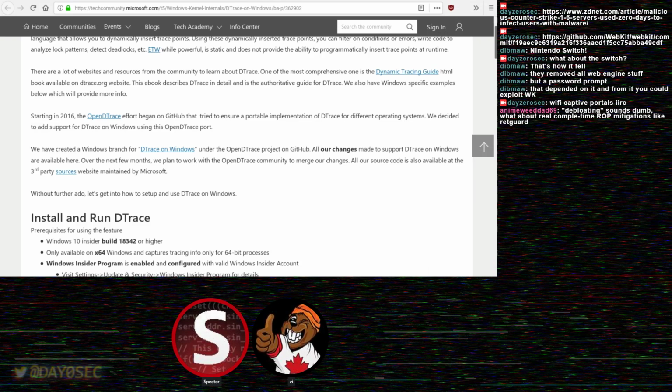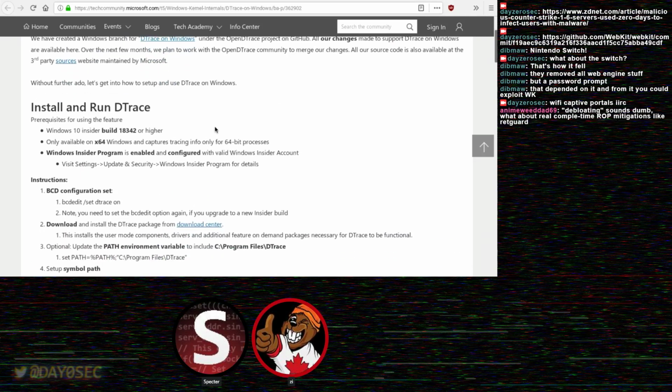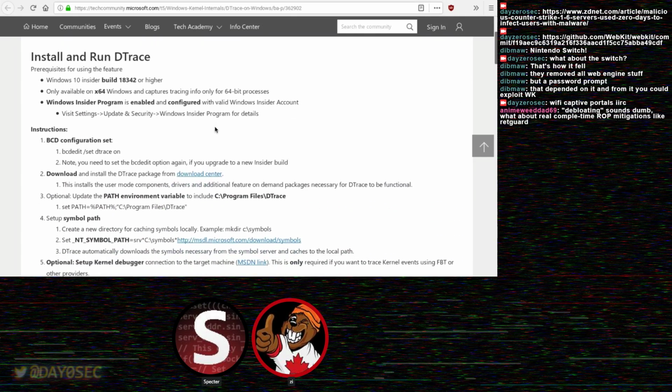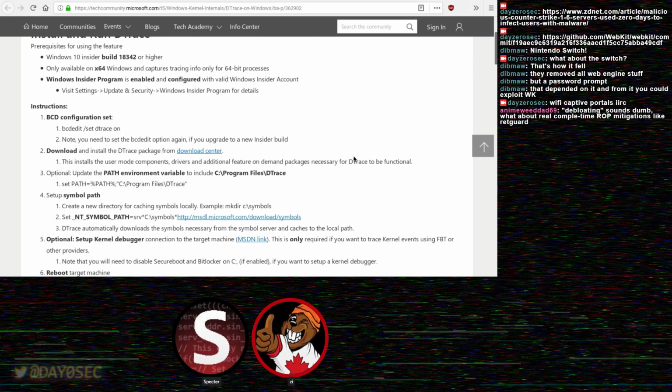It would be fun. But yeah, for anybody that hasn't used DTrace, I definitely recommend taking a look at it. It's reasonably useful on Linux. I can't imagine that Windows has made some huge change that makes it less useful. It's just great for getting that initial look at a binary. I tend to use it just for tracing for the most part. I don't do anything too crazy with the programming.